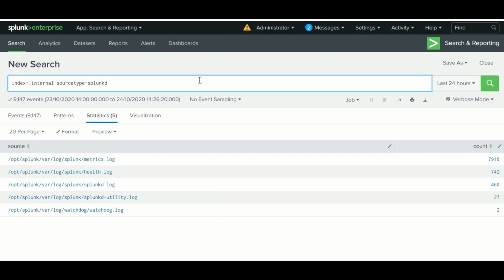Now let's talk about the search pipeline. As we know, the data is stored on the disk, in a particular index, and data is stored in flat files.